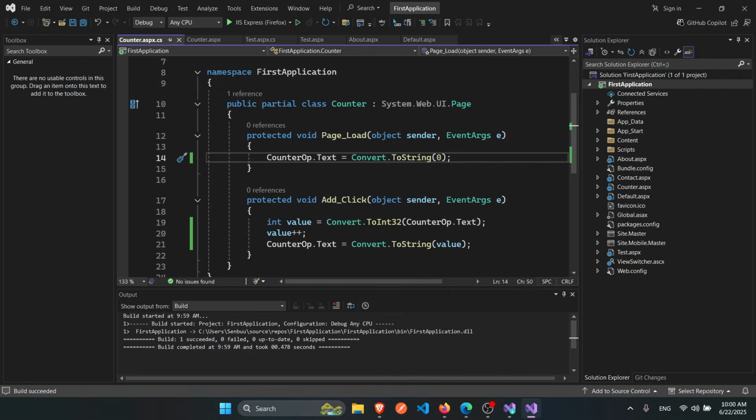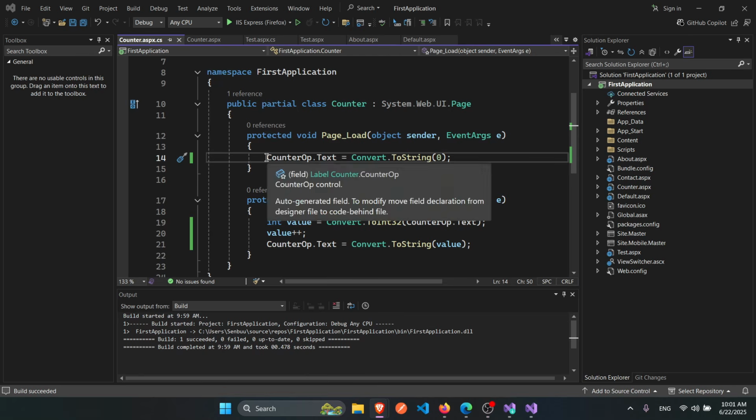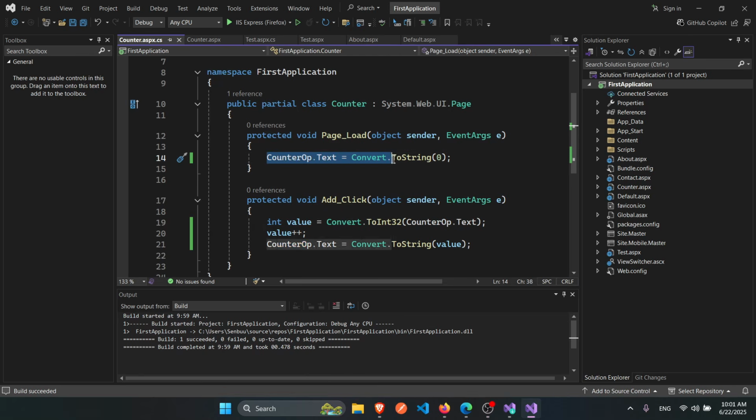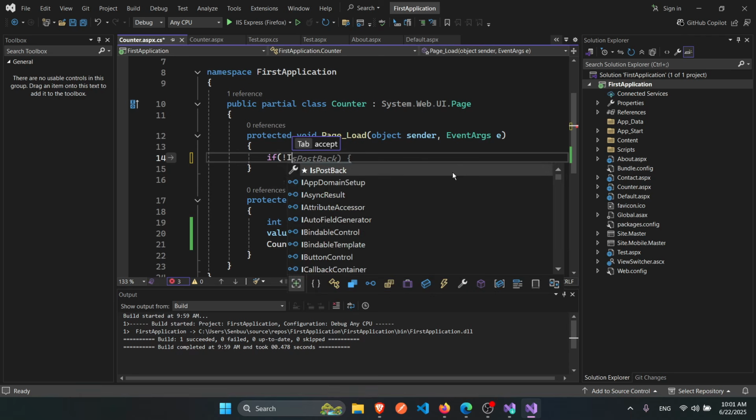In C Sharp, or obviously in WebForms, we have a concept called ViewState. We'll be using ViewState in order to make this application workable. So now let's recreate this. ViewState is pretty easy to work with. What we need to do here is, in the page load, check if it is a postback or not. So if it is not postback,